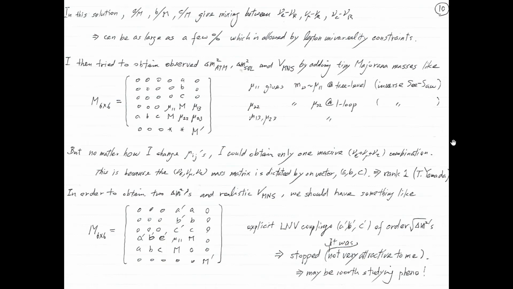So I think he told me a few years or several years ago, and it was so discouraging for me, so I stopped. But maybe I can still continue. Okay, maybe this part is too strong an assumption. We may need to break it a little bit in order to be consistent with phenomenology with three right-hand neutrinos. But of course, by making the right-hand neutrino number 4, it's very easy because double inverse seesaw can make